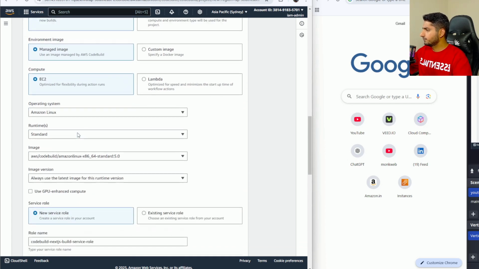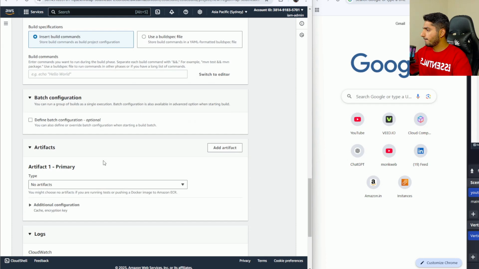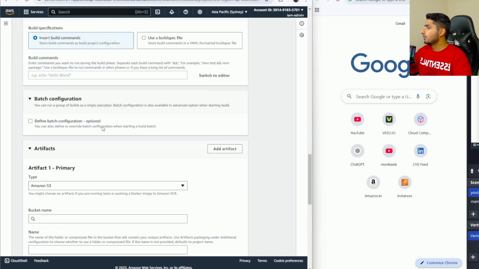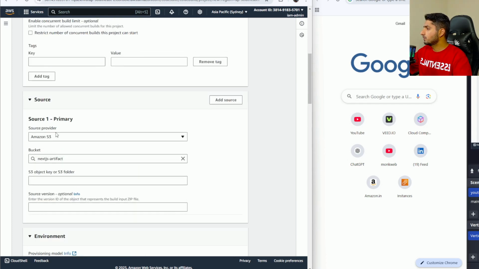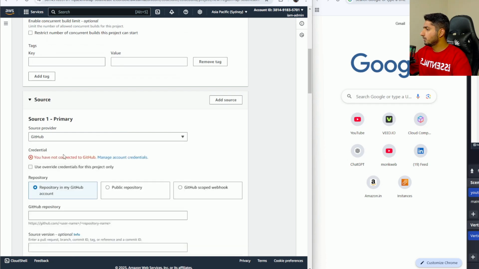Environment, Amazon Linux. It automatically fetches the environment. This is actually correct. Artifacts, Amazon S3. Okay, so for source, let's do GitHub because our source code is inside our